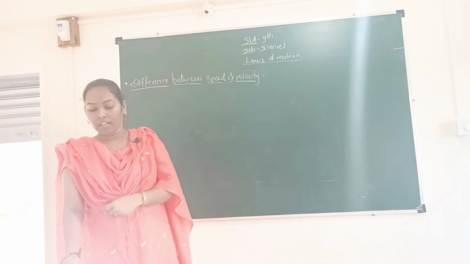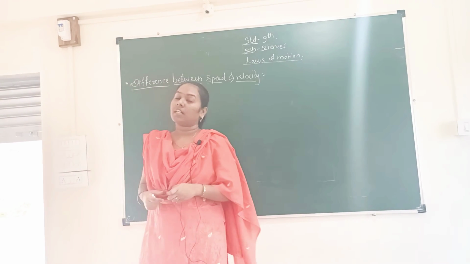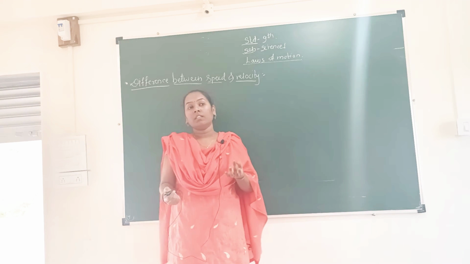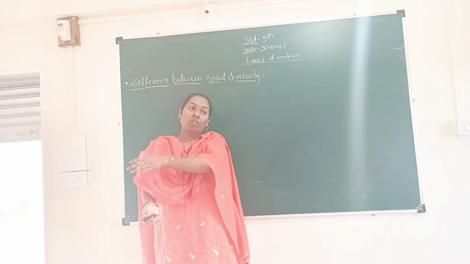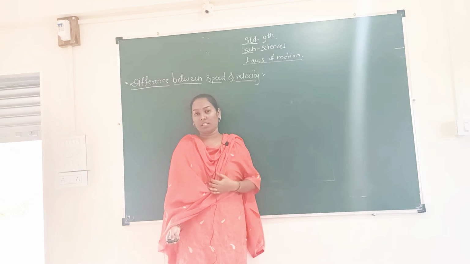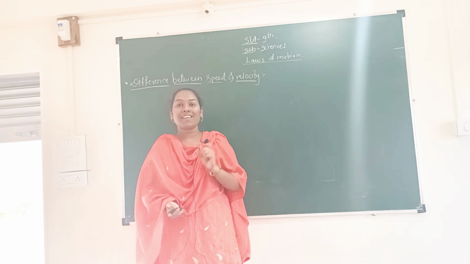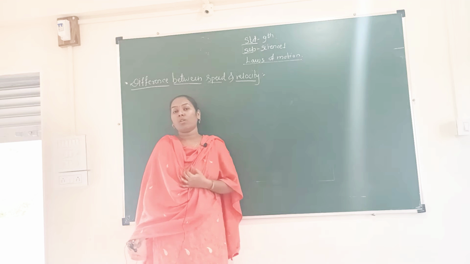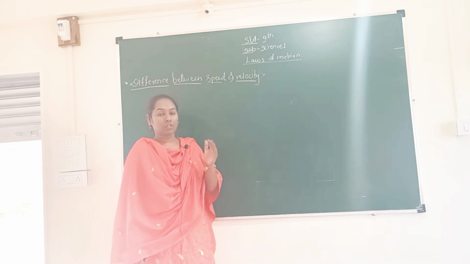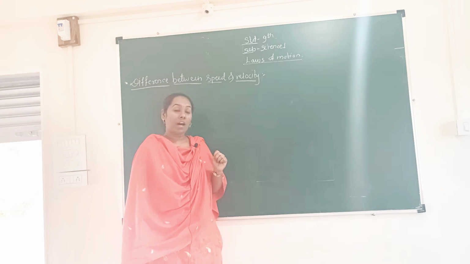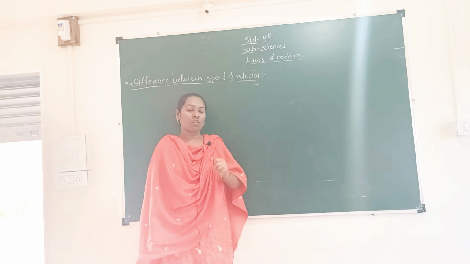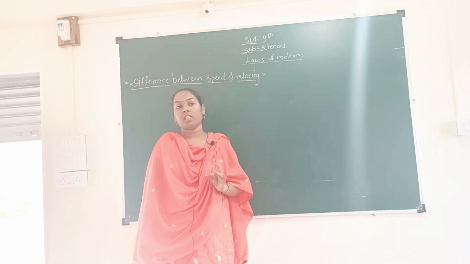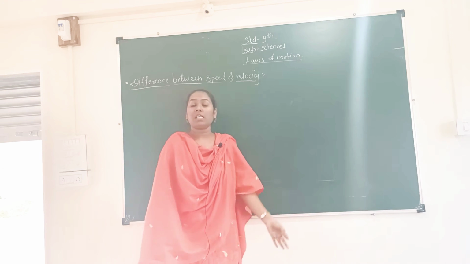These two concepts are related with the motion. There are mainly four concepts related with the motion, that are nothing but speed, velocity, distance and displacement. We have already seen these four concepts, and distance and displacement are interrelated with each other, like speed and velocity are also interrelated with each other. Which four concepts? The first one is distance, second one is displacement, third one is speed, and fourth one is velocity.